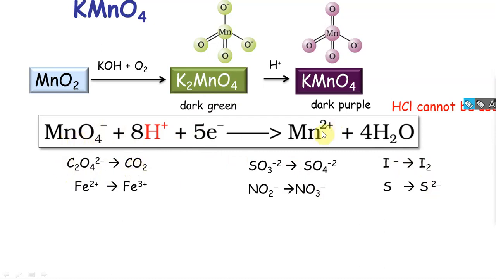MnO4- gets reduced to Mn2+. Oxalate gets oxidized to CO2. Yes, this is rather something I really want to say here. If you see 4 oxygens, this is 8 minus. Okay, 2 minus is accounted for, so minus 6 is compensated by plus 6, so each carbon is plus 3. Okay, so there are 2 carbons. Each carbon goes to plus 4, so 2 carbons is plus 8 versus plus 6, so this is a 2 electron process.